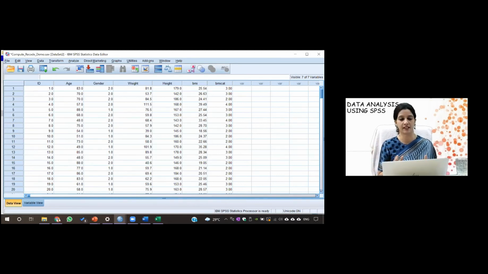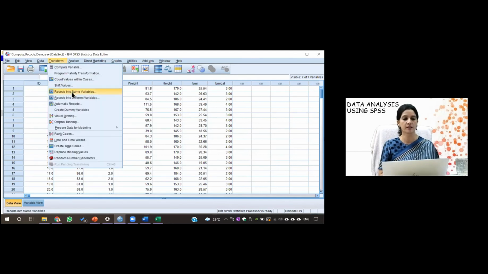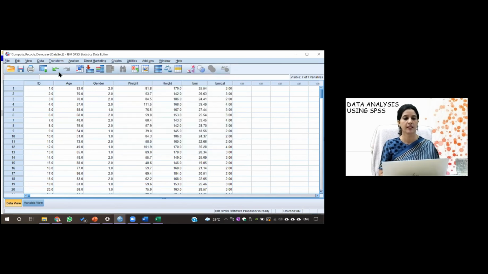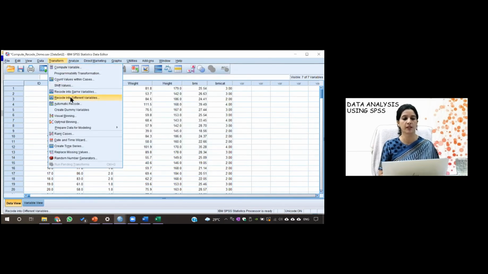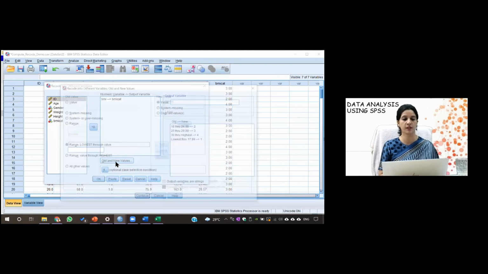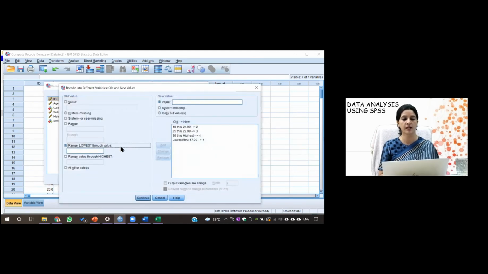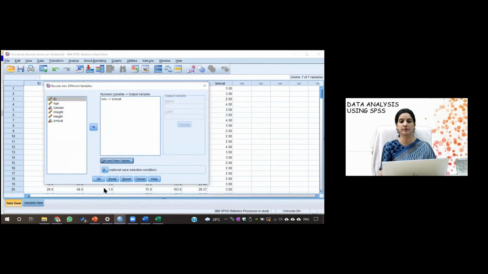So just see the category. The only thing which is important here is if you transfer this recode into a different variable, then this through means that value is included there, right? If you see these old and new values, lowest through value means that value is included. That's the only take home message which I want to give. And then again, depending on your cutoff, you can make the categories depending on your given categories, right? So this was for creating a category, BMI category. Now again, I'll repeat the commands once again.